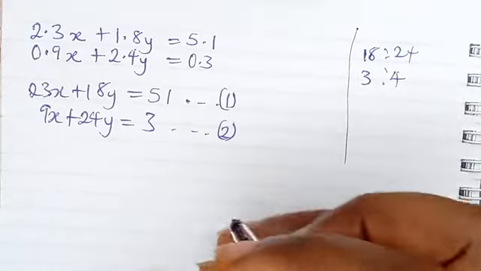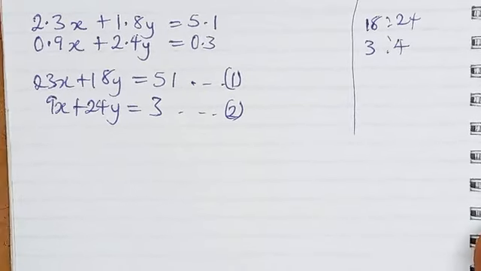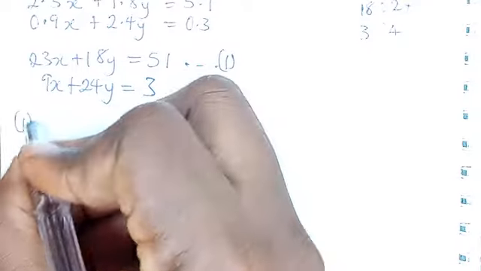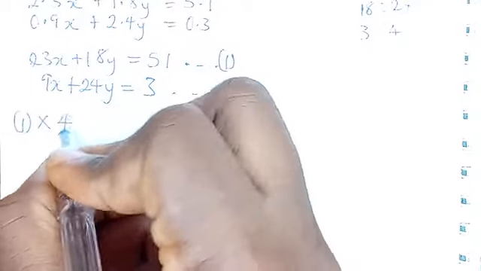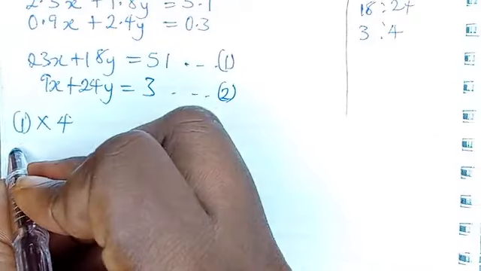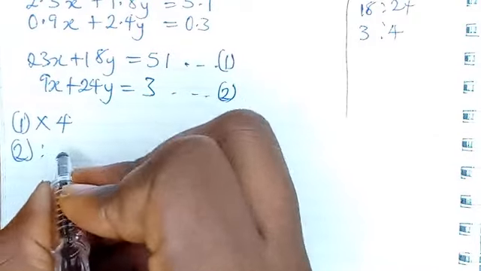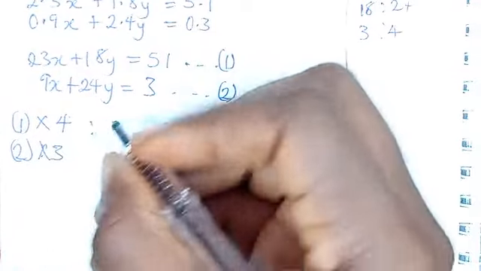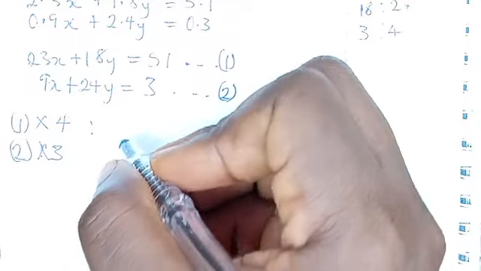So equation 1 will be multiplied by 4 and equation 2 will be multiplied by 3. When we do that, we are going to have